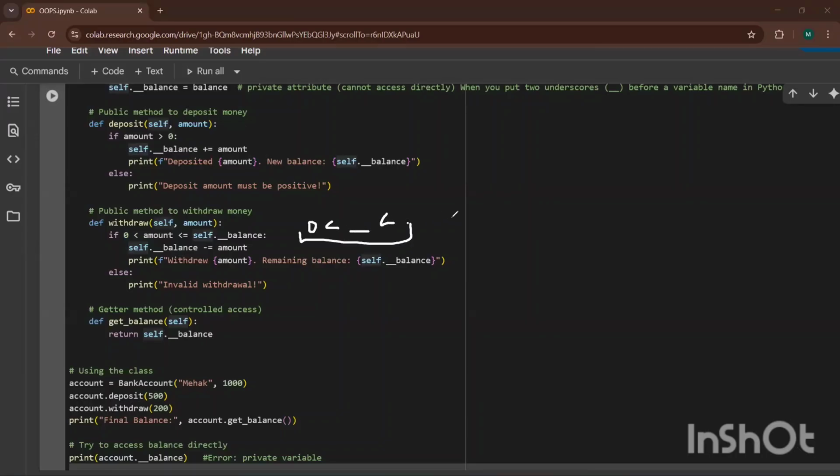to self.balance. Let's say my self.balance is 1000 and the amount I want to withdraw is 200. Now it is satisfying the condition.